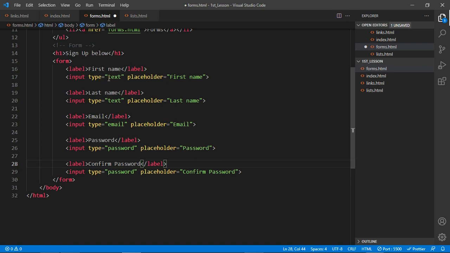So we have our first name, type text, we have our email, we have our password there, right? Okay, great. Now we need a button. We need a button here. So to add a button,